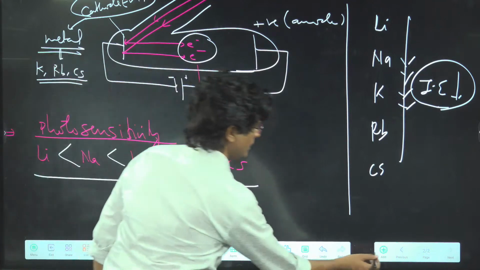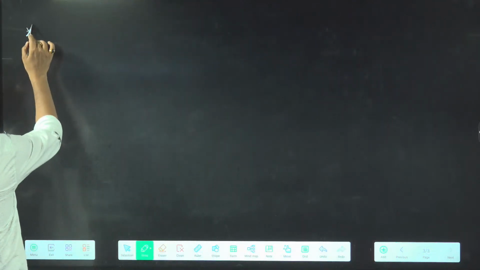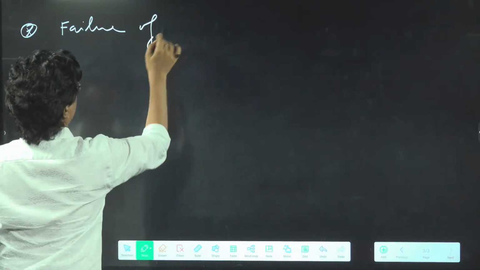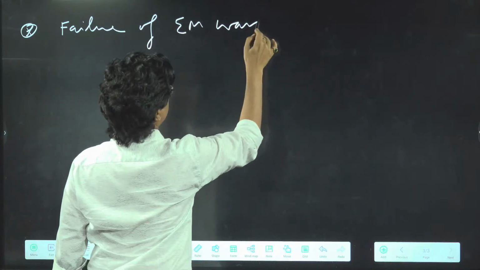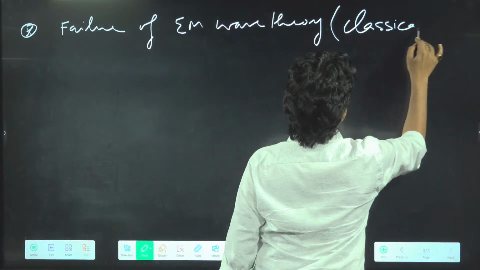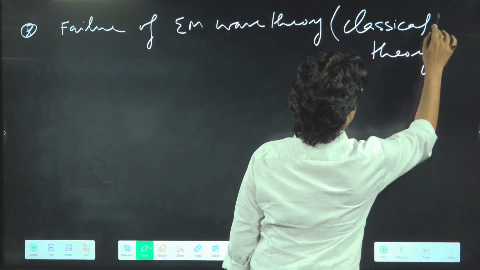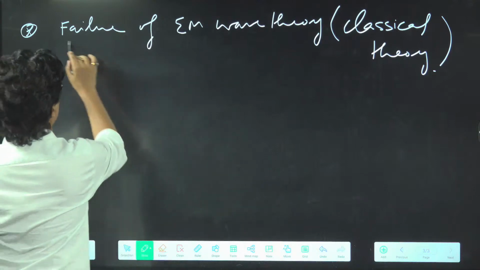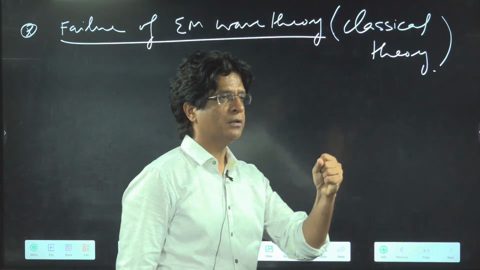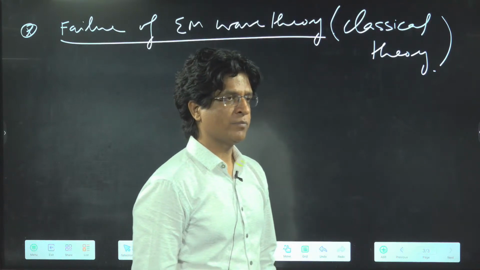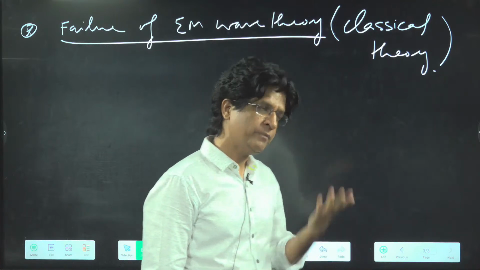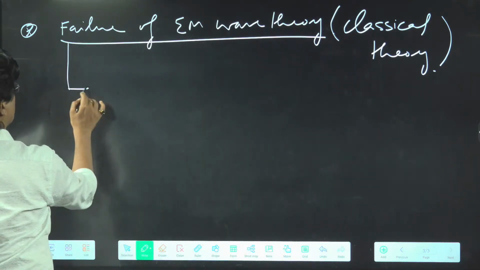Now see one very, very important thing: the failure of electromagnetic wave theory, which is also called classical theory. This classical theory, given by Maxwell, was not able to explain certain things of the photoelectric effect. So let's see what those factors were. There are two factors. First one was